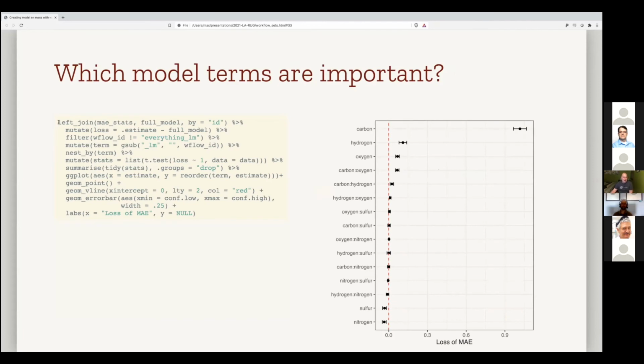This is a fair amount of little dplyr type stuff, but what this basically does is it merges those two data sets together and calculates the loss of performance. Since the mean absolute error is better when it's smaller, we're taking the estimate where we've removed a model term and subtracting the estimate when we had the full model. So a positive value here means that performance got worse when we didn't have a term in the model. And then the rest of this code just aggregates that across all the bootstrap resamples and calculates a confidence interval